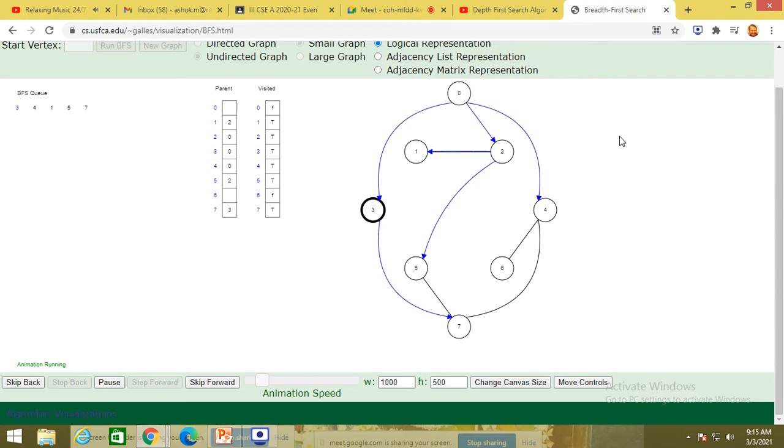Then again it will go to the sublevels of the corresponding one. So ultimately, all the nodes are getting visited, right?